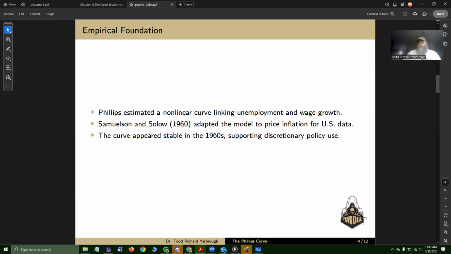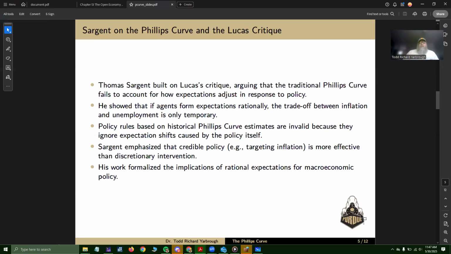And then you don't really have monetary policy that's doing much to step in to tame inflation. We get a lot of inflation, a lot of economic growth, and so that looks really good for the Phillips curve. And so the 1960s is a time period where people feel pretty good about the Phillips curve of the 1960s.